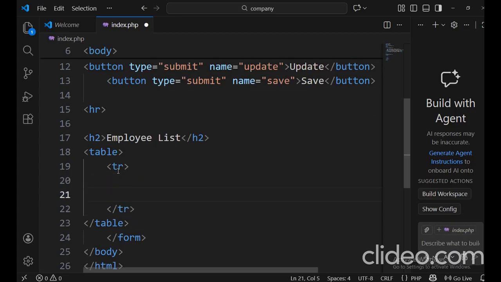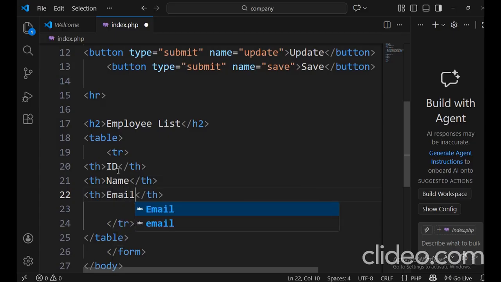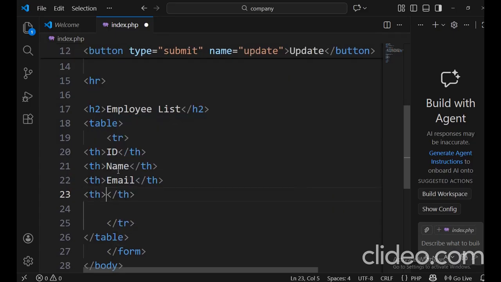In this tr we can write th id, th name, th email, th actions. Okay,